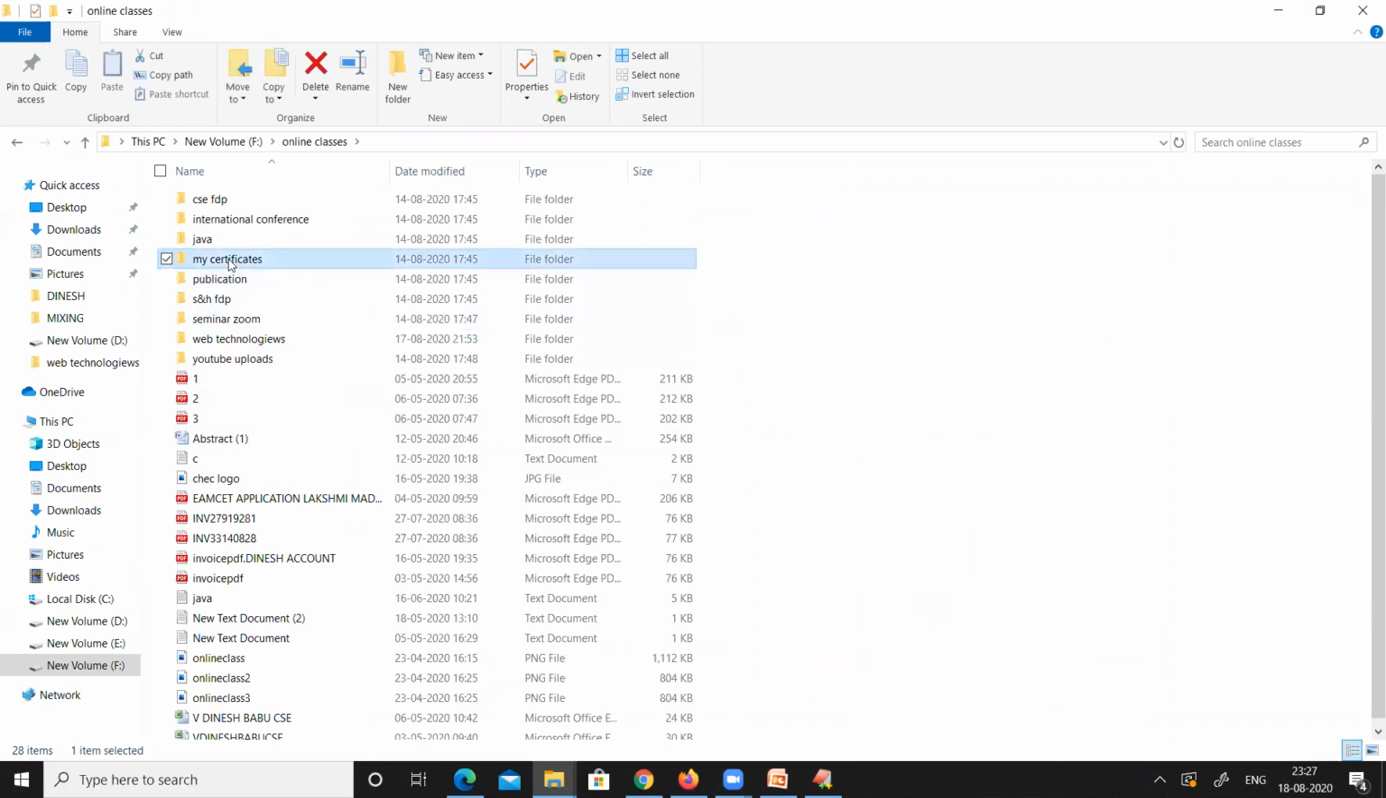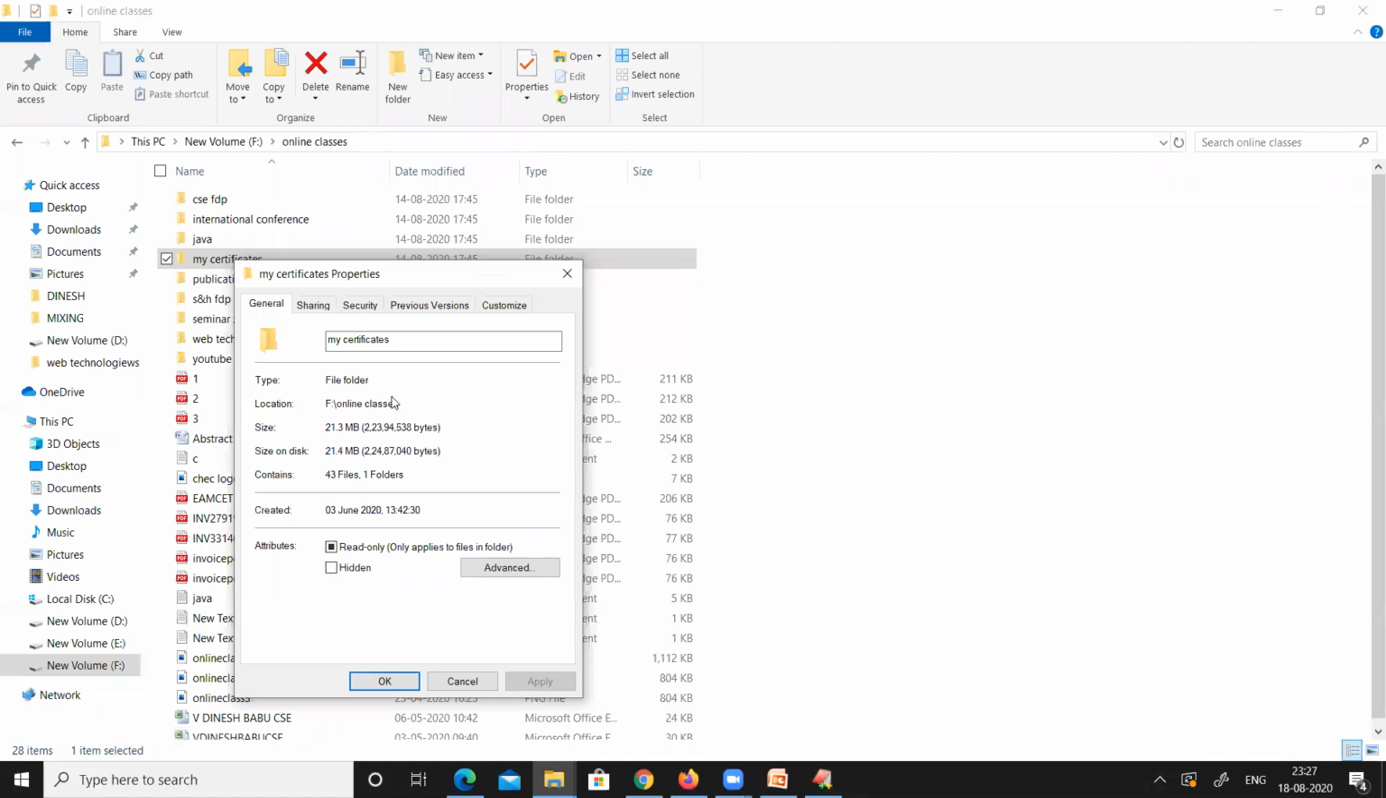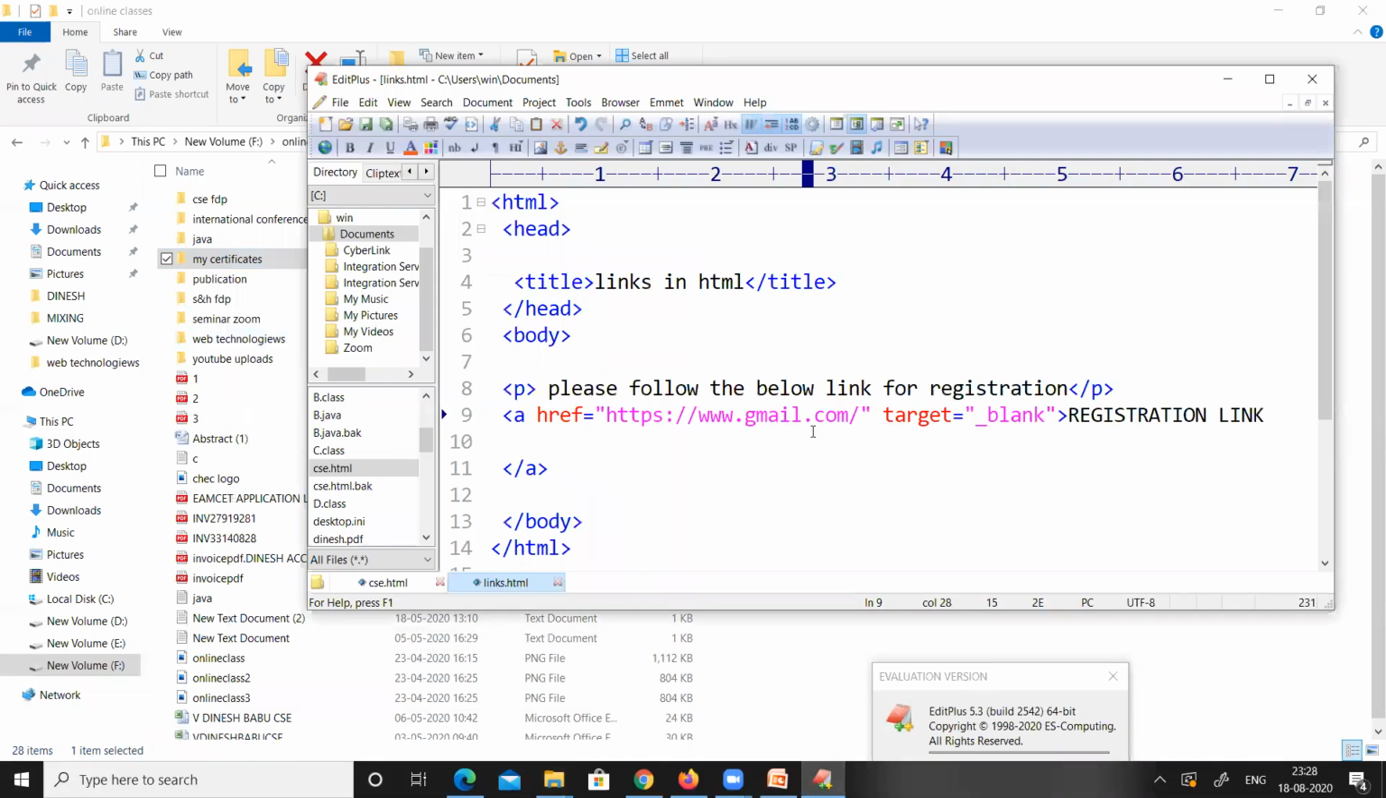So I am choosing this particular document, that is, this particular My Certificates, which was in F drive, under online classes. I am choosing this particular target. I am giving this target as a hyperlink here, slash, and I want to open